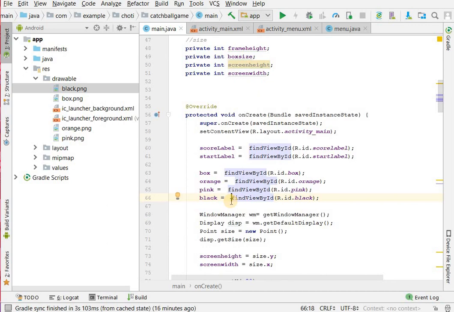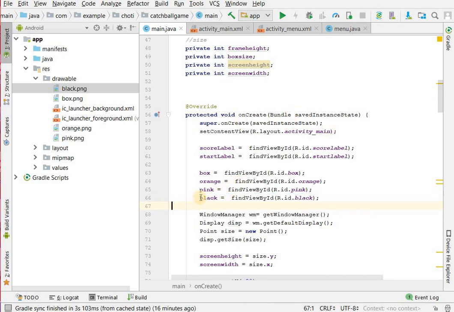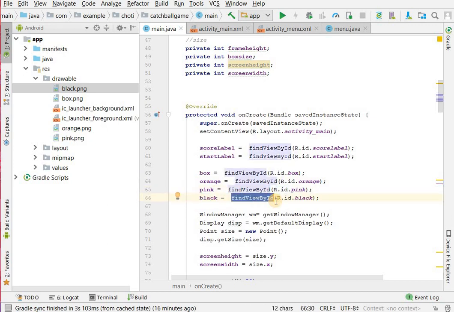जैसे हम integer को assign करते, हम पहले बताते हैं कंप्यूटर को ये एक integer होगा जिसका नाम num होगा, for example num mean number. तो फिर उसके बाद हम num को किसी चीज़ के साथ असाइन करते हैं, इसमें एक नंबर डालते हैं, फॉर एग्जांपल 10, 11, 1, 2 whatever. उसी तरह हम बता रहे हैं कि एक इमेज व्यू है जिसका नाम ब्लैक है, उसके बाद ब्लैक को असाइन करें एक इमेज के साथ. हाउ आर वी असाइनिंग दैट इमेज? बाय फाइंड व्यू बाय आईडी. मेक श्योर यू गाइस नोट दिस डाउन.